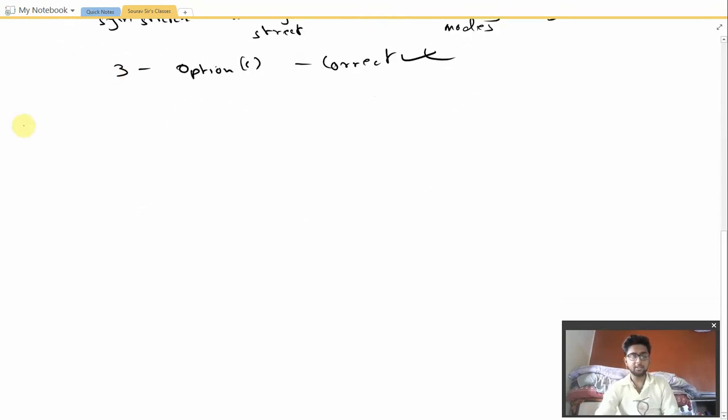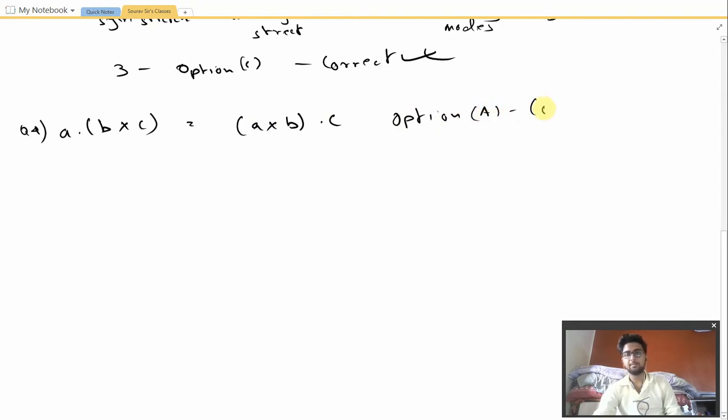This is a mathematical question obviously, so I won't be solving this one. I'll just give you the answer. It is a very easy question. For non-coplanar vectors A, B and C, the expression A dot B cross C can be written as, for non-coplanar vectors, the multiplication is commutative. So we can write this as equal to A cross B dot C. In the options you can see that option A is the option that we get over here, so option A is the correct option.